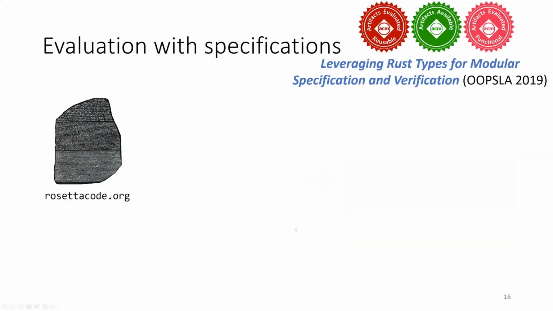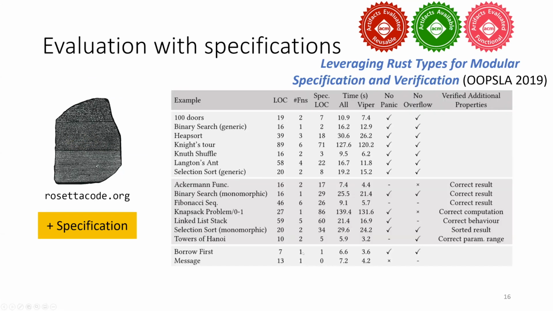And then we also did a bit more evaluation on the functional specification side. So we took a bunch of interesting programming examples and we coded up specifications of those for Rust implementations and showed a variety of properties. In some cases, just crash freedom. In other cases, that these algorithms actually compute the results that they're supposed to. And times vary somewhat depending on how complex the specifications are. Some of these have many, many quantifiers, for example, but they all work